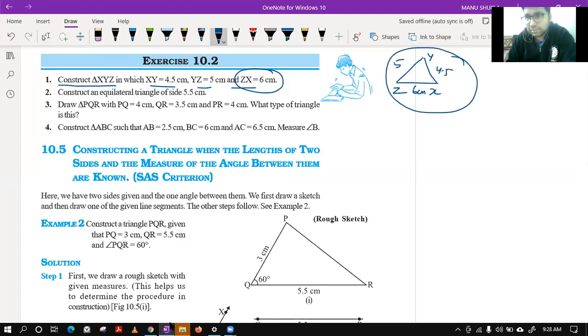Yeah, it is difficult to draw in this. Okay, so class, we want to draw a triangle which will look something like this. This is the rough diagram for an idea of the question. Let's draw the base first. Yes, it is a rough diagram that if you make in the starting, it will give you a good idea of what you have to do. So I have to first make the base, that is ZX equal to 6 centimeter.